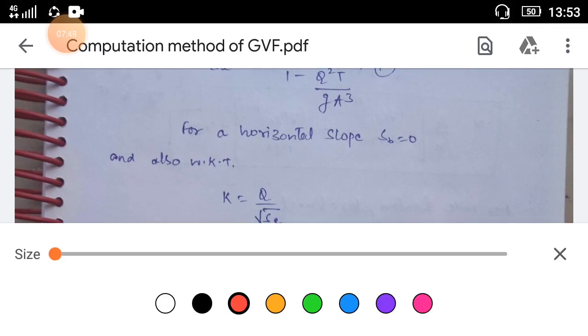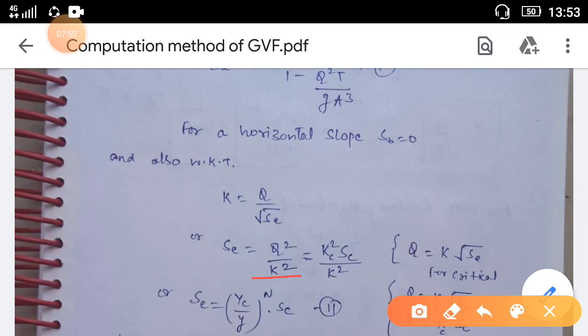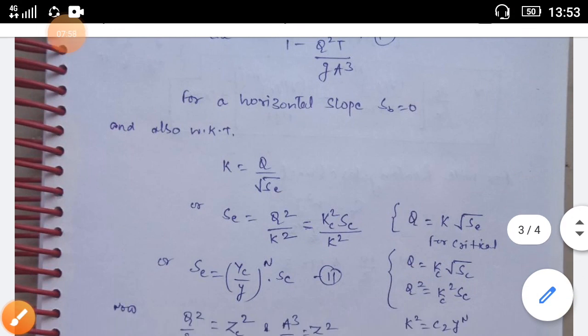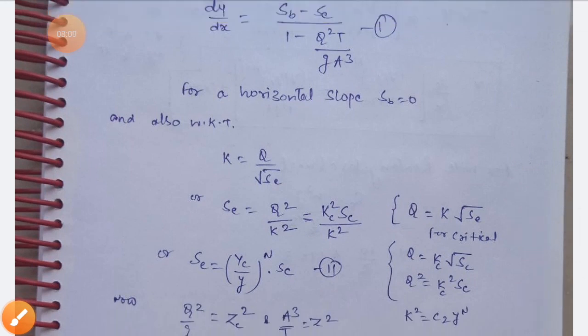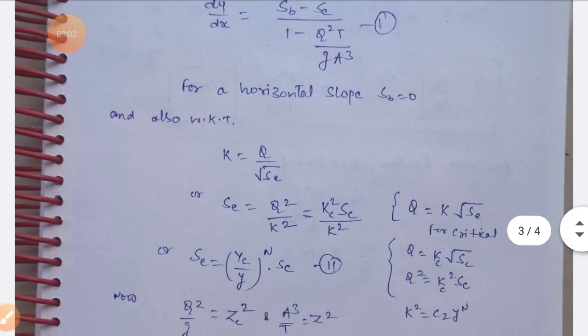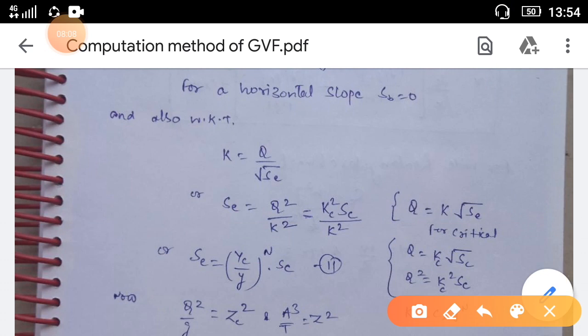This is already known to us, and Q is equal to K under root SE. For critical depth, we can write Q is equal to Kc under root Sc. So Q square is equal to Kc square Sc, and it is mentioned here. Okay, so we can write SE is equal to